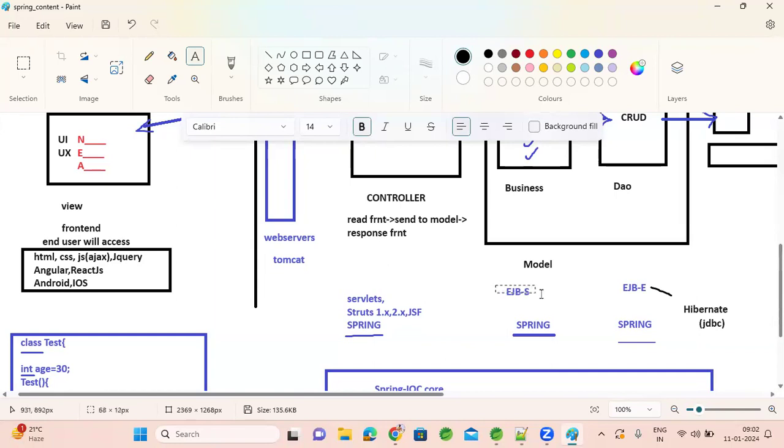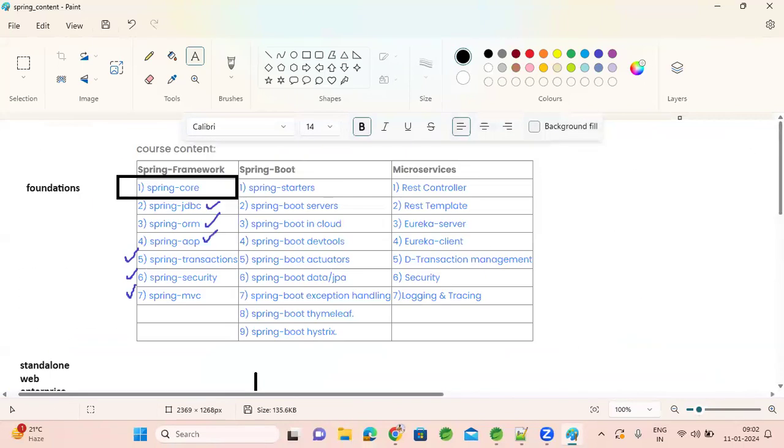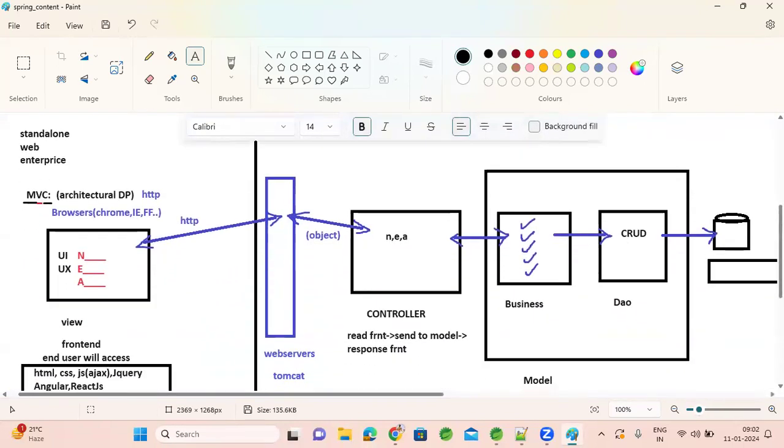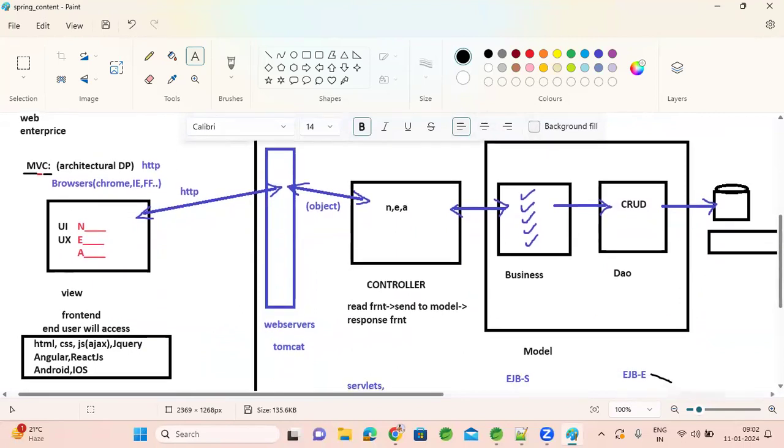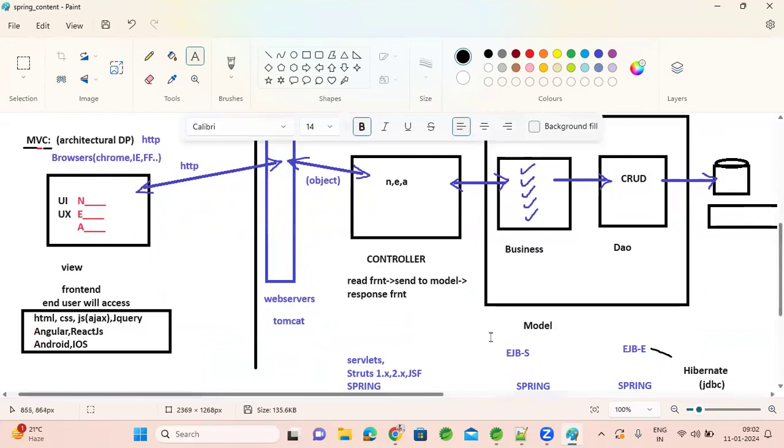And EJB session beans are not at all required. When we thought of distributed applications, when we have huge business logic and a huge number of applications to deploy in different servers, people thought of EJBs to talk from one server's code to another server's code. But nowadays we don't have that dependency. Web services came into the market, right?